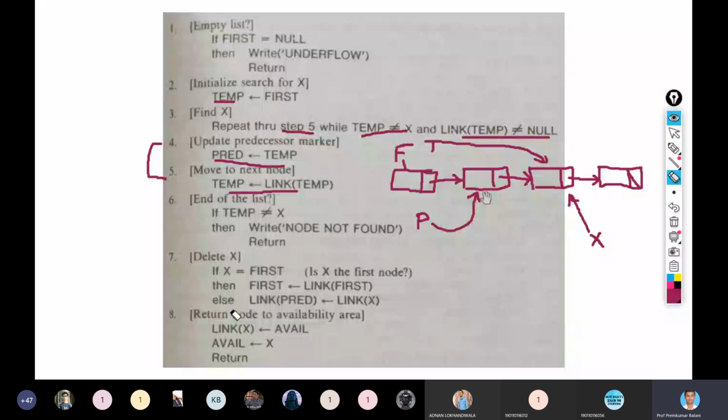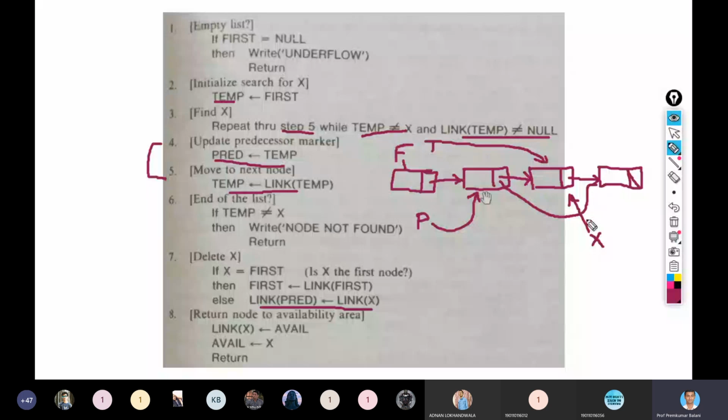So what you have to do is link of predecessor is equal to link of x. So the link of predecessor would now be the link of x. Link of x is pointing to this, so link of predecessor is now pointing to the link of x.